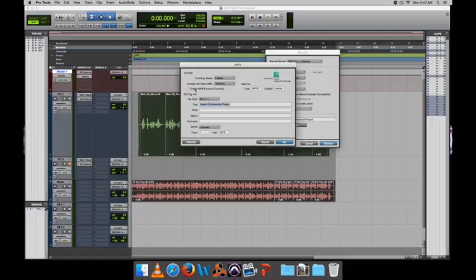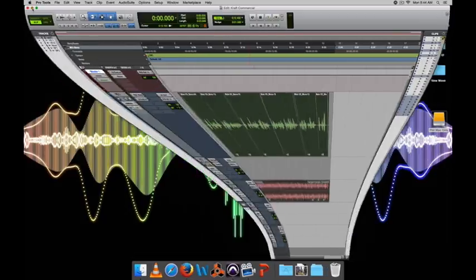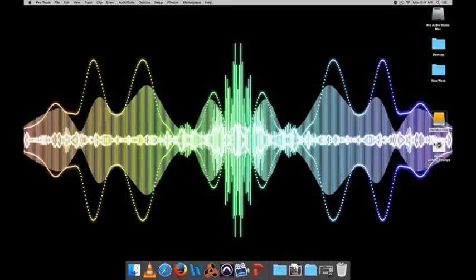Hit bounce. If you need to add any other information here, some sort of metadata for a tag, not really going to be something we're concerned with here, but if you were working with an artist and this was an album and you wanted to have track information and so forth, that's how you would do it. Boom. And that's it. If I look at my desktop, here it is. I have an MP3, and